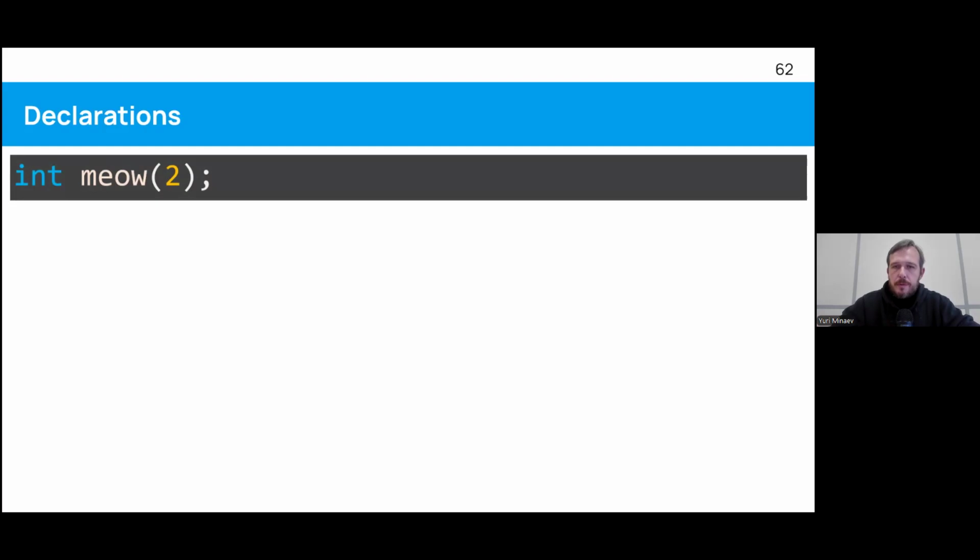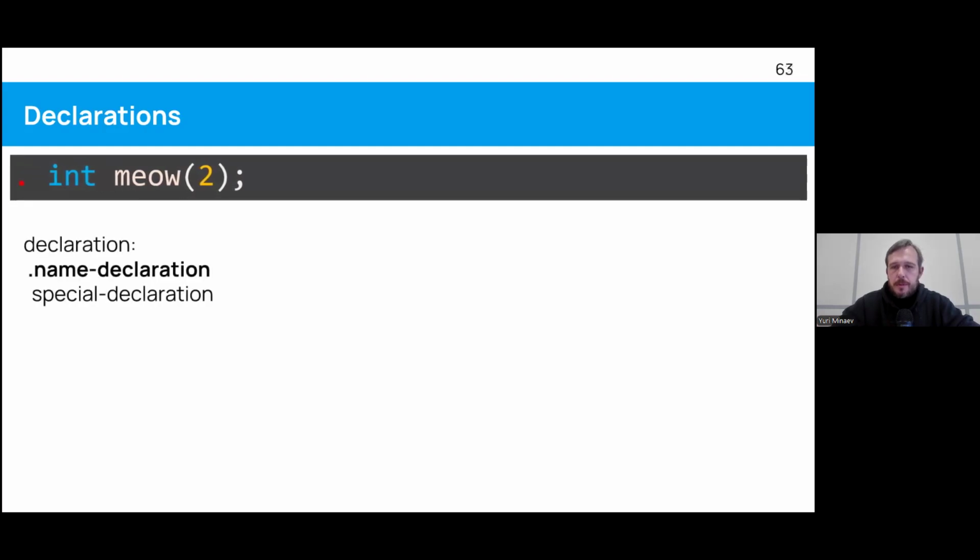Okay, recursive descent. We are going left to right and deep into the grammar. The dot here is where we are currently standing at. So we start right before int. Okay, let's go. We want to parse a declaration. Declaration can be a name declaration.